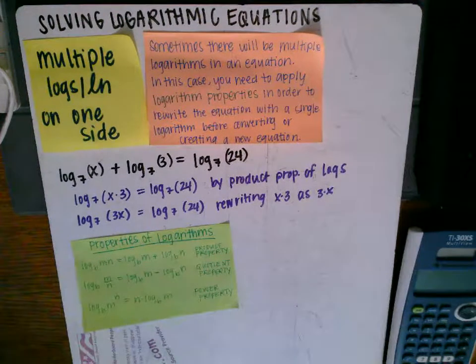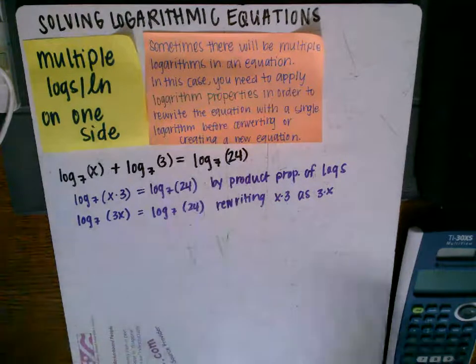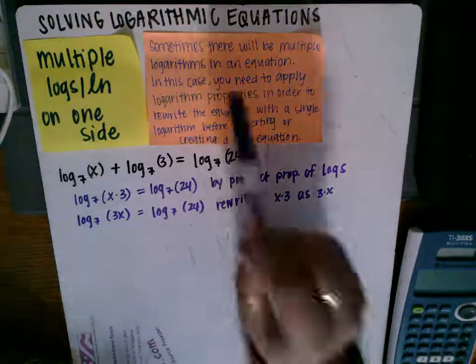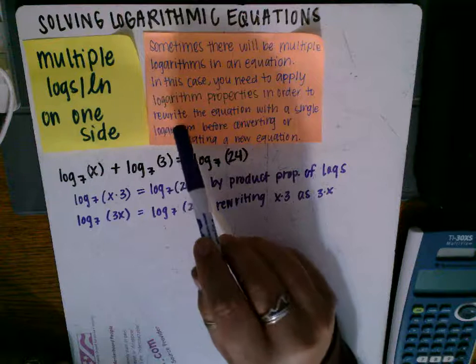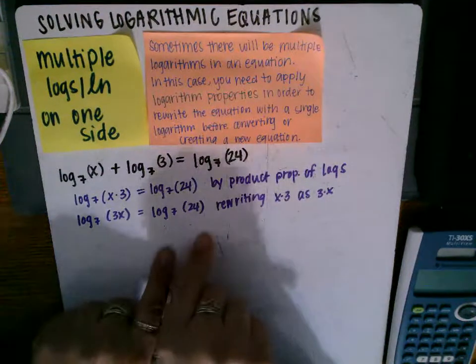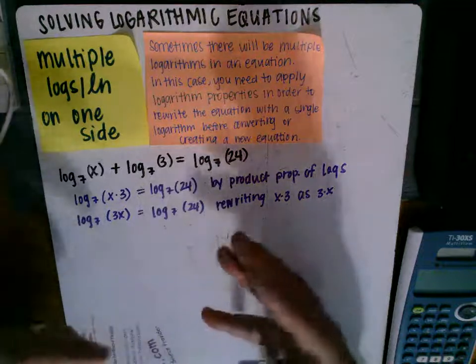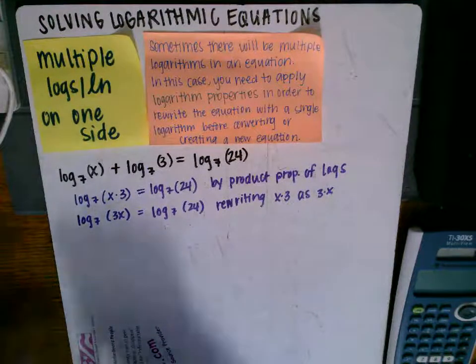Same thing. Multiplication can be flip-flopped around. 1 times 2 is the same as 2 times 1. Okay? Now, remember, apply the logarithm properties in order to rewrite the equation with a single logarithm, right? Single log equals single log. Cool. Now we're back to the problems we just came from, which says if I have a single log equal